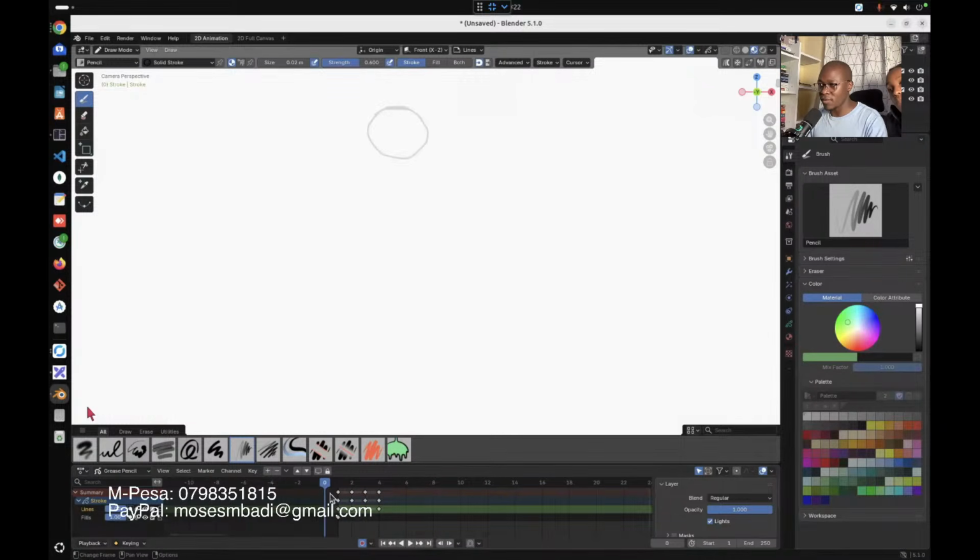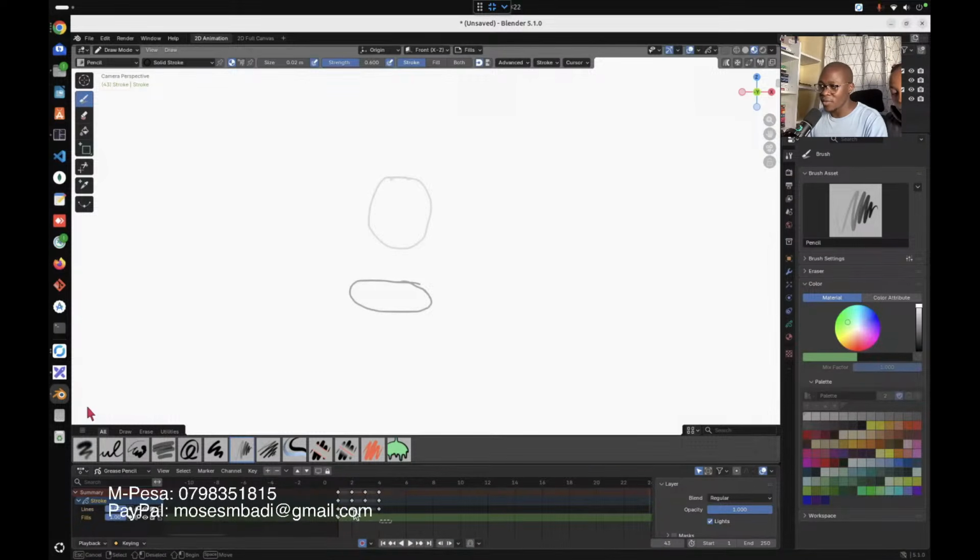So let's see if that works. Okay, it's just hitting the ground and staying there. So what if we want it to hit the ground and move? I'll just do Control D. I don't know why it's okay.